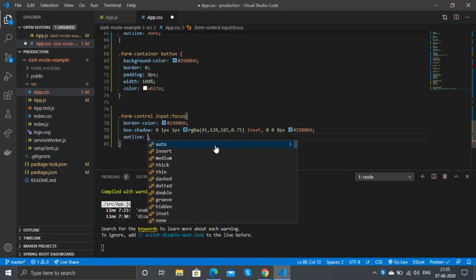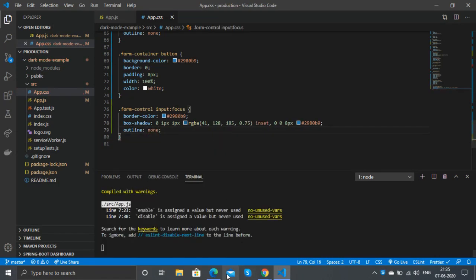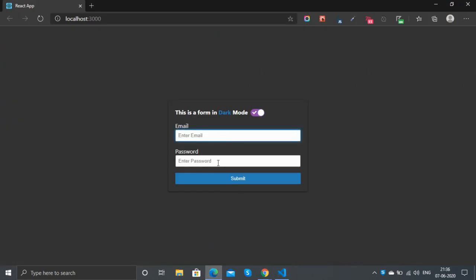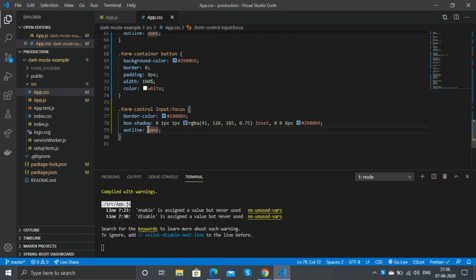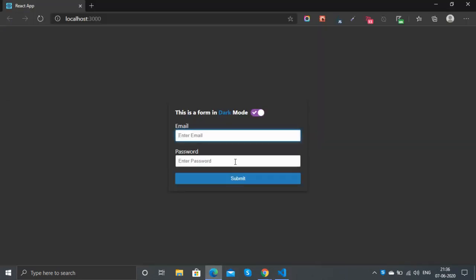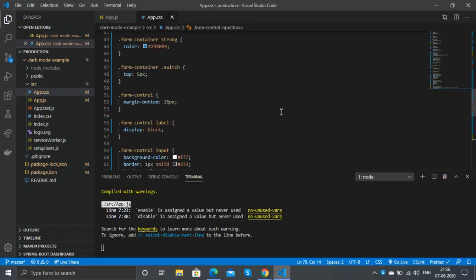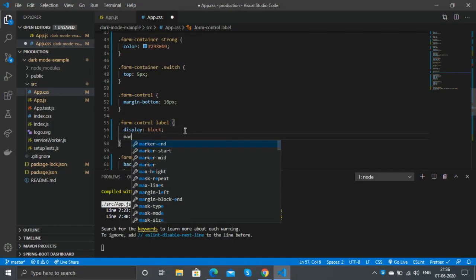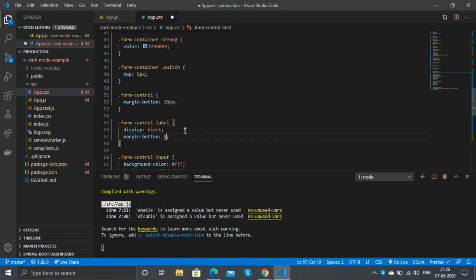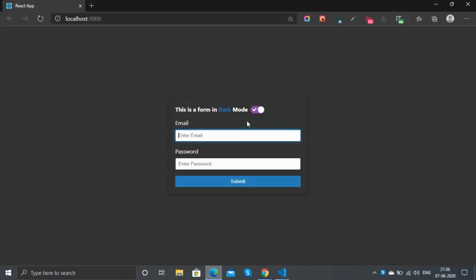Also we'll give an outline of 0 and none. For the label we can add a margin bottom so that there's a separation between them.